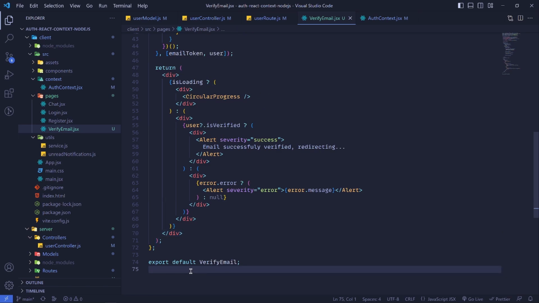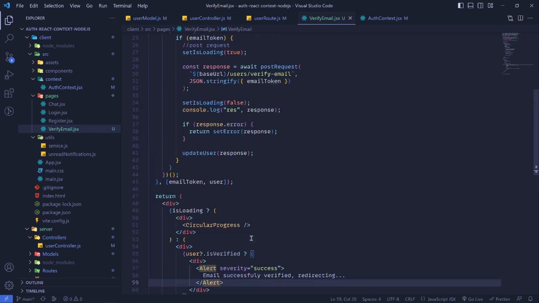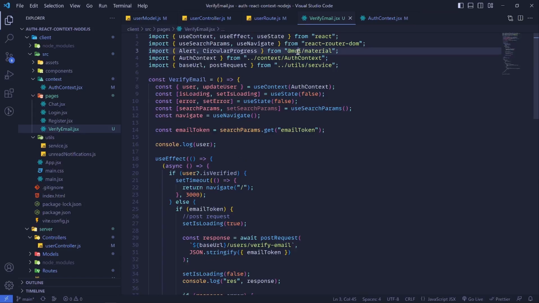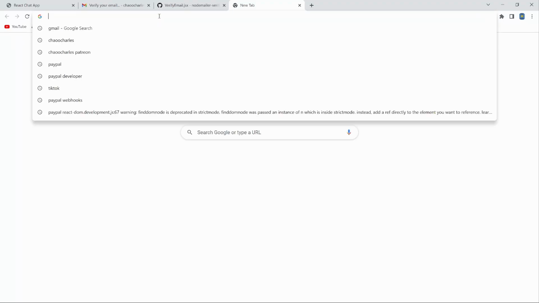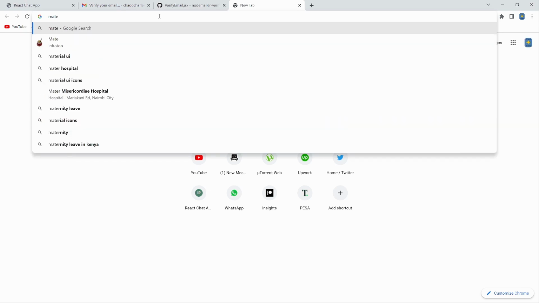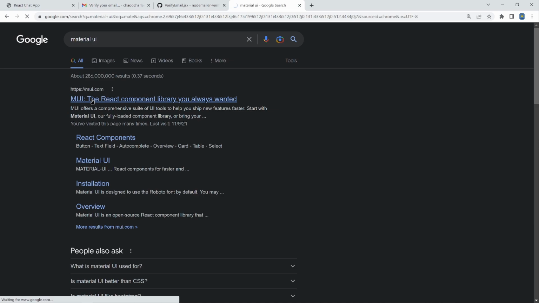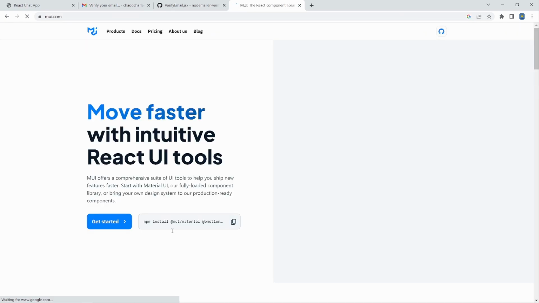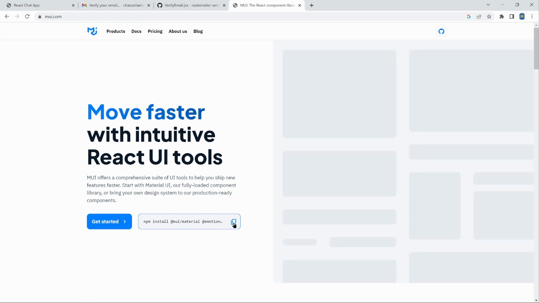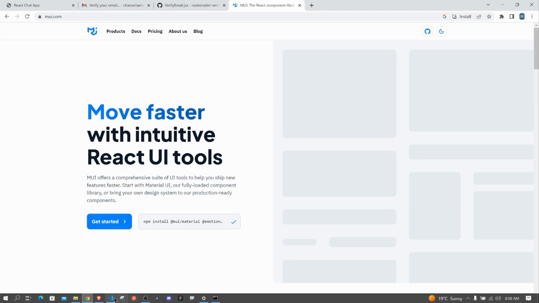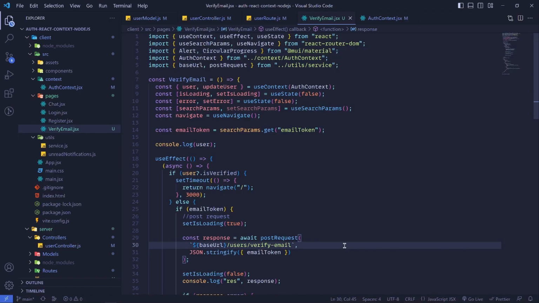Okay, now what are we missing from this? We need to install Material UI for these ones to work out, okay? You can see we are getting it from Material UI. So to correctly install this, we can go to the browser. Let us search for Material UI. Then let's click on Material UI here and copy this link here, okay? This will install everything correctly, so I'll copy this one